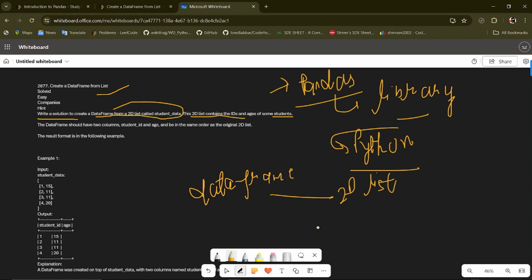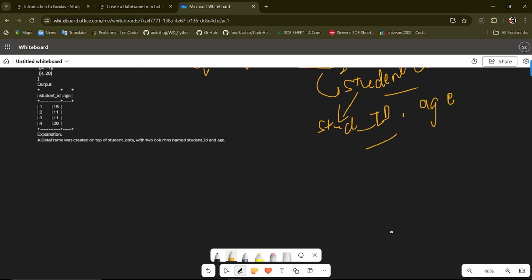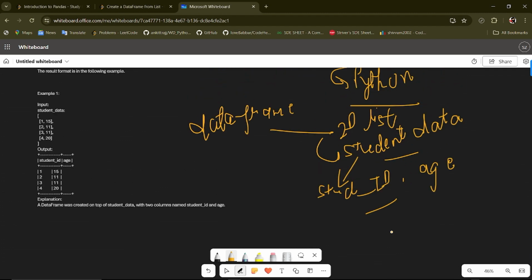A data frame for a list called student data, and in the list it contains the student ID and age, which we will get organized into a well formatted data frame.